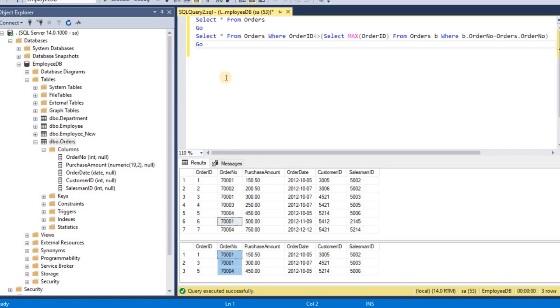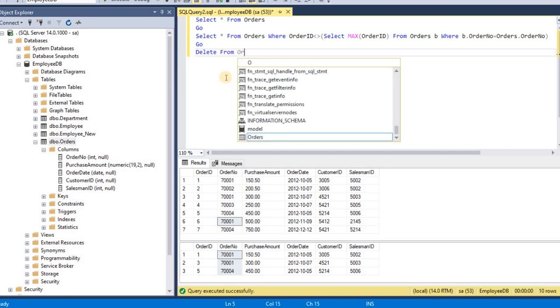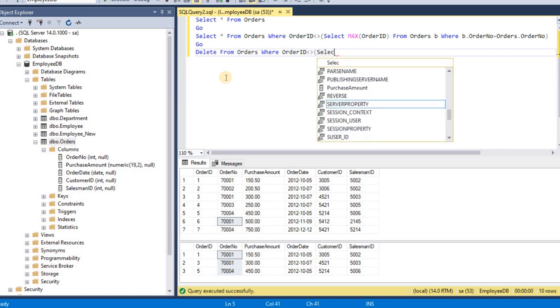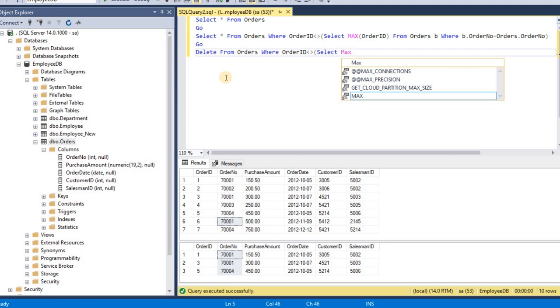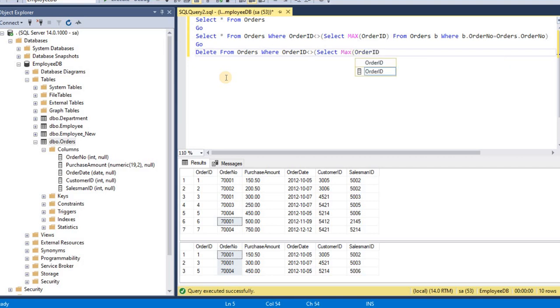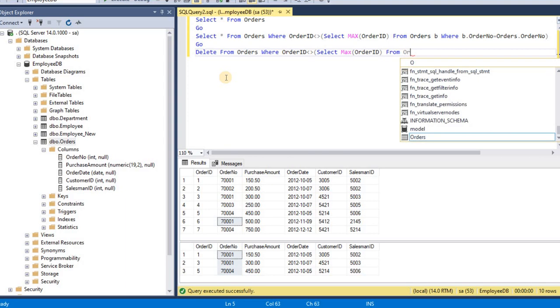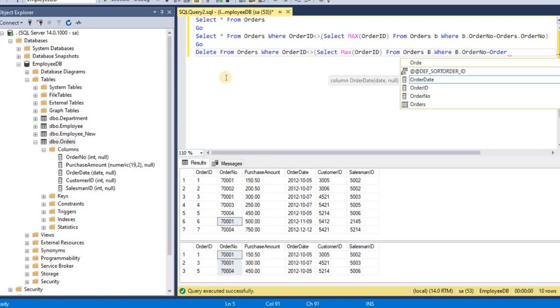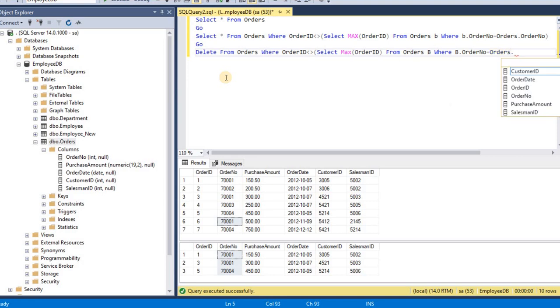Okay, so to delete these records I will write the query: delete from orders, where order ID not equal to select max order ID from orders B, where B dot order number is equal to orders dot order number.